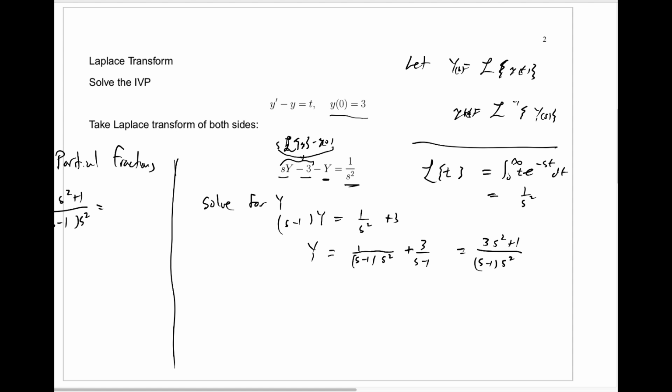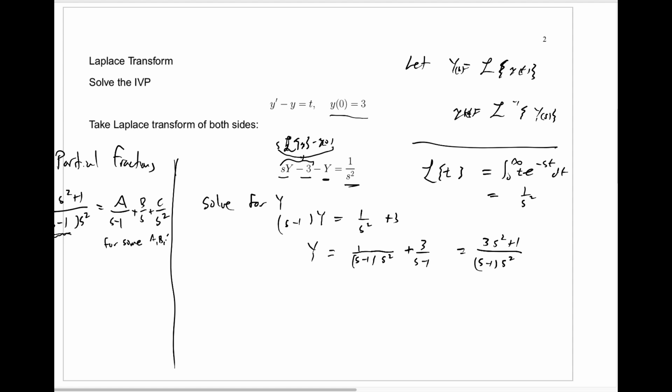So we can put this rational function into what we call partial fractions form, or maybe partial fractions final form, and write it as some constant A. We don't know what A is yet, but we know some constant will work over s minus 1. That's because of this linear factor s minus 1 in the denominator. And because here we have s squared, which is a repeated factor of s, we'll have two terms. We'll have a term B over s plus a term C over s squared. And now it's very easy to find the coefficient A here, this constant A. This will be true for some special